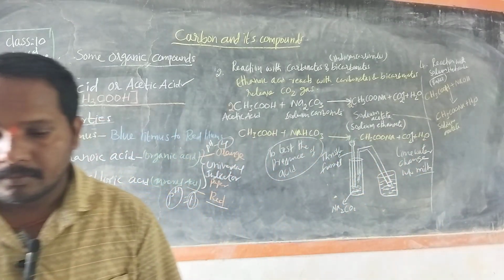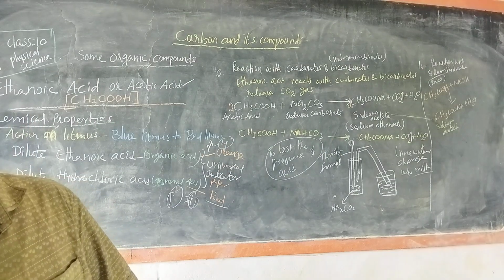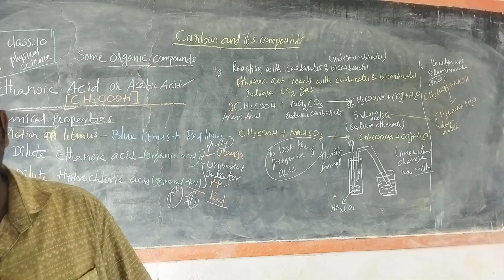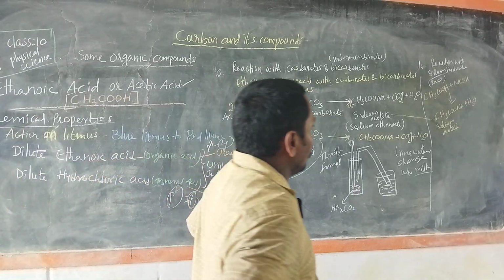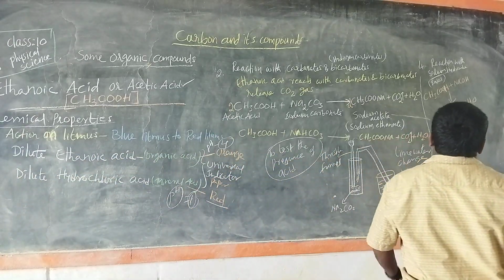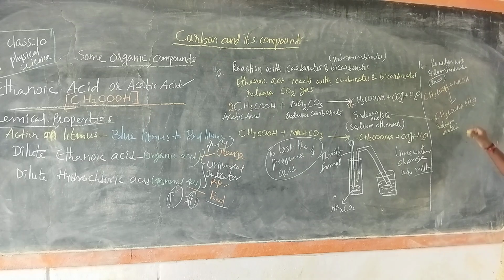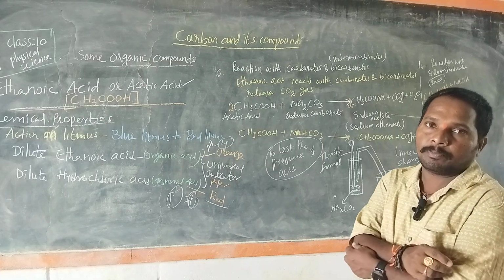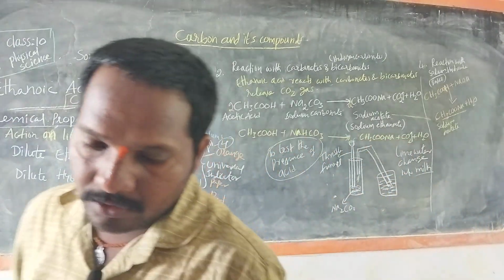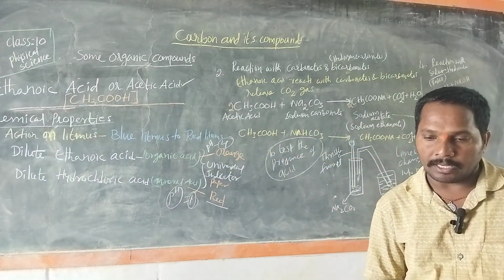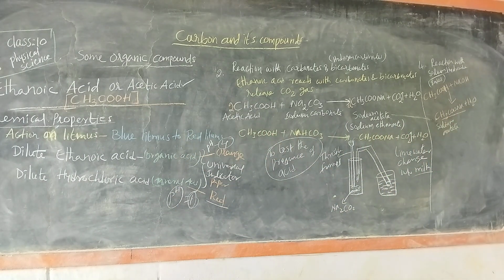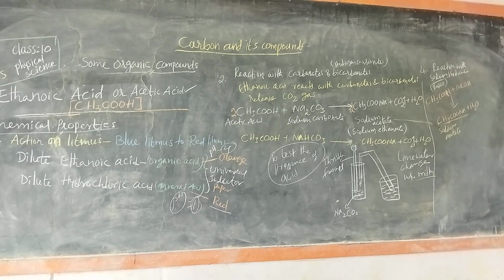So in this reaction ethanoic acid behaves just like a mineral acid. In fact, all carboxylic acids react with bases and give their respective salt substances. Such a reaction is called a neutralization reaction, as we already know.